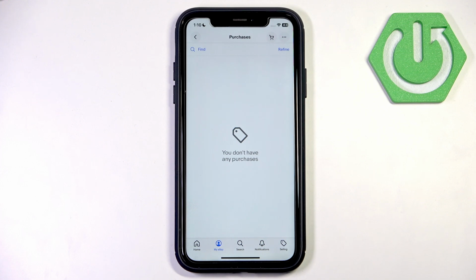Scroll down and you should see the button Help with Order, and then you need to provide the issue that best describes your problem. For example, it could be item not received or item not as described. So it depends on your problem. Then follow the prompts to provide details about your complaint,